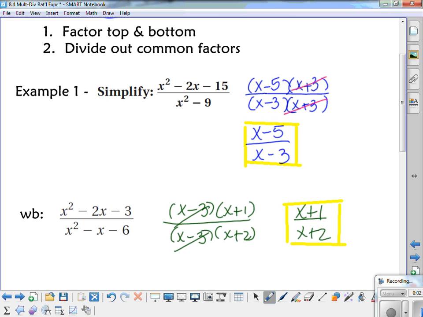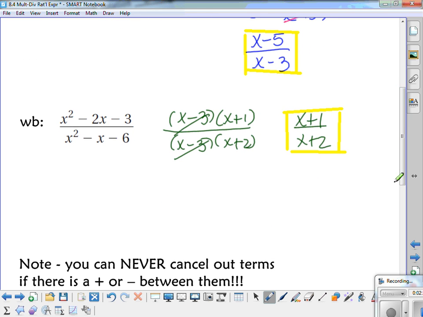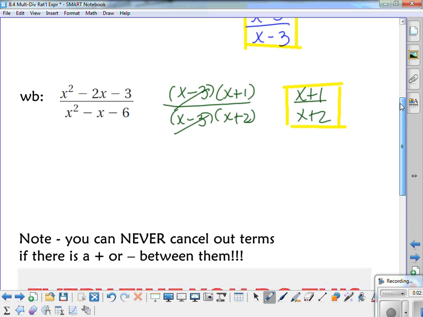So one thing you have to remember is that you can never cancel out terms if there is a plus or a minus between them. I cannot cancel those x's out because they're a package deal. They go with the thing that they're being added or subtracted to. You can never cancel them out. If you do,